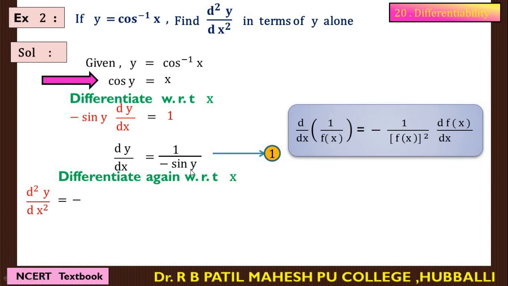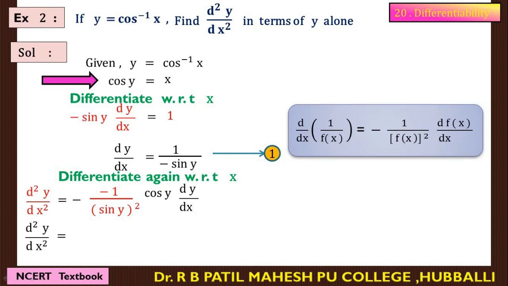1 upon f of x, in one of the videos I gave a formula, the derivative of 1 upon a function is written as minus 1 upon the square of the function and d by dx of the function. So this is the composite of the 1 upon x formula. Therefore, for 1 upon sin y, I write the derivative following this standard form, that is minus 1 upon the square of the function, that is sin y whole square, into d by dx of sin y. The derivative of sin y is written as cos y into dy by dx because y is the variable. Okay, the sin y derivative is cos y dy by dx.